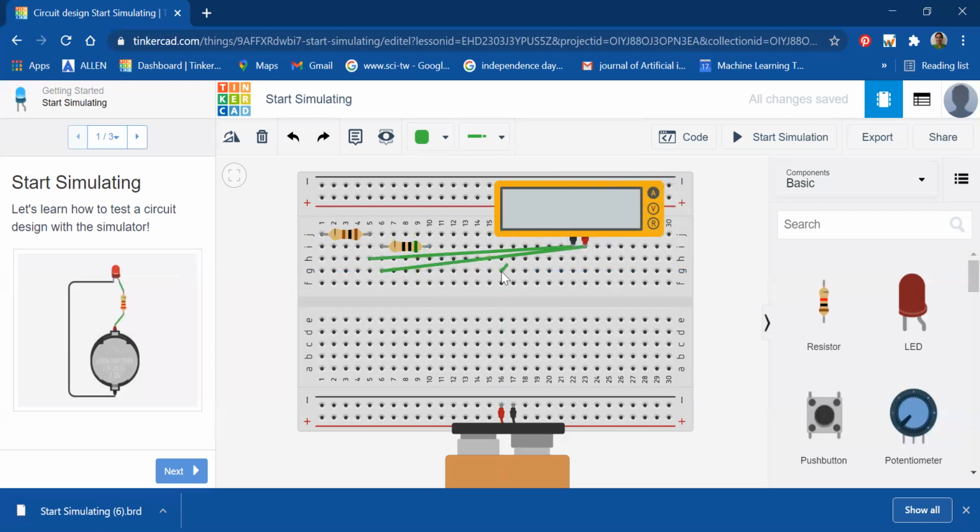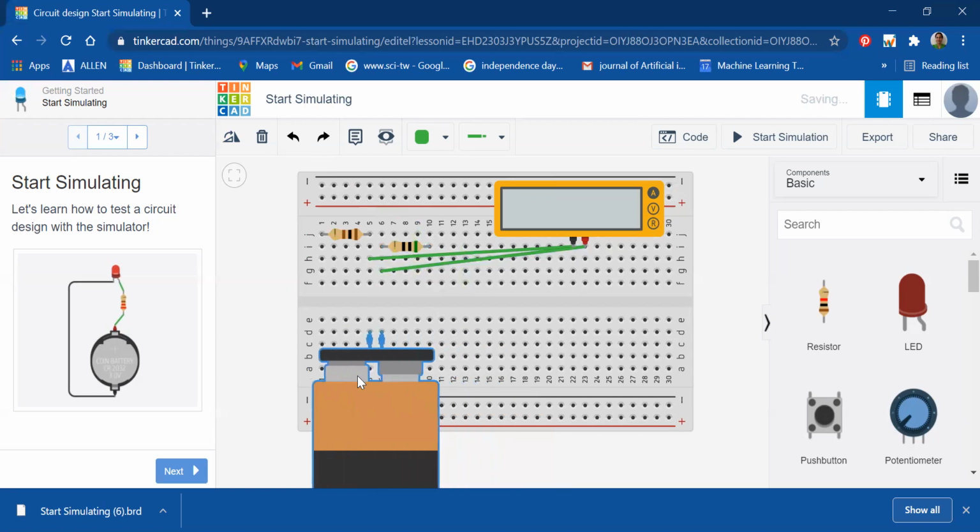Here you must know one thing: when you have to measure the current, it should flow through the line whose current is to be measured. So here I have just disconnected these two resistors. Otherwise it would have been connected at this terminal, but I am connecting these two resistors through this multimeter. I have put it in the amperes mode, and now I am going to make the connections of the battery.